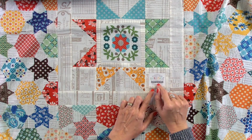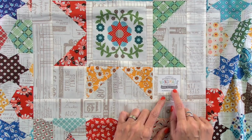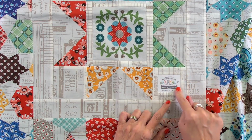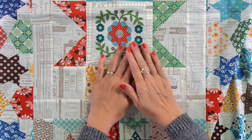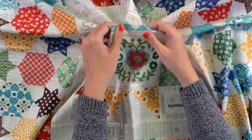Because I'm getting low on my labels, I don't have as much that matches, but I thought this matched pretty good and it wasn't big enough, so I just added to the outside. Now with this one, I used color 2000 AURIFIL, and I want to show you on this one,